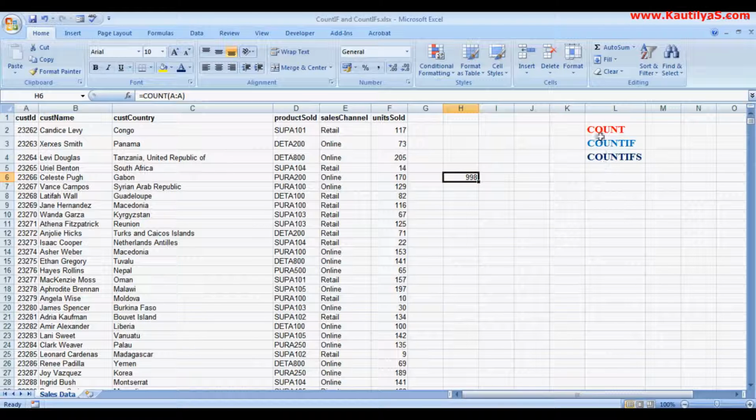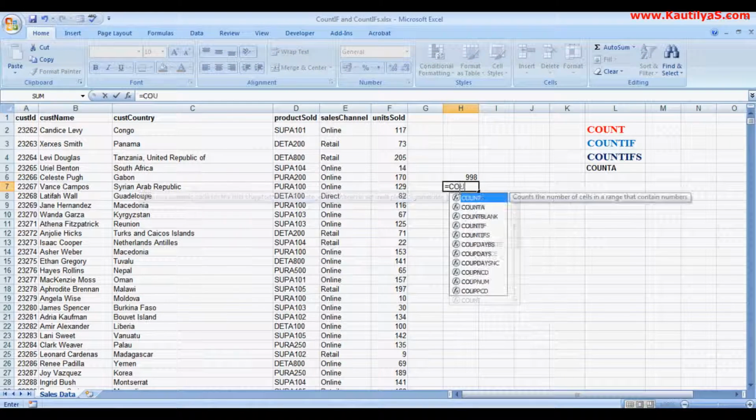We can also use another function, that is COUNTA. The COUNT function is used when you have numeric values, and COUNTA is used when you have text.